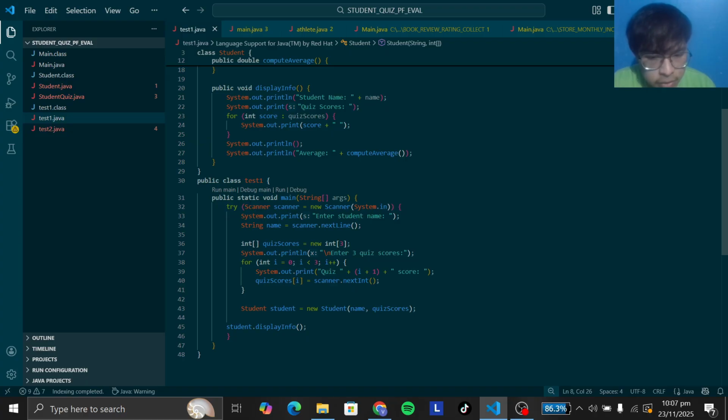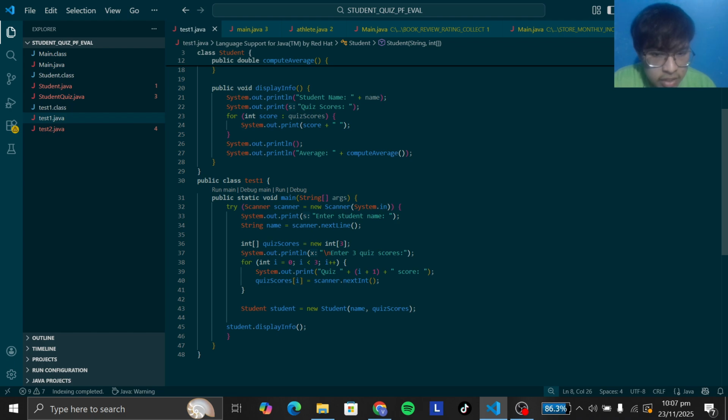Using a for loop that runs 3 times, the program prompts the user to enter each quiz score individually, reads the integer input with scanner.nextLine, and stores it into the corresponding position in the quizScores array.